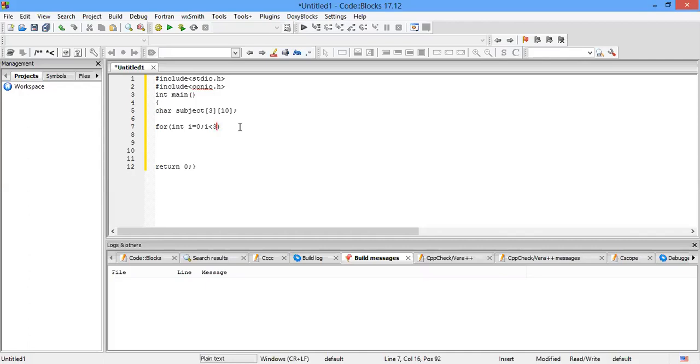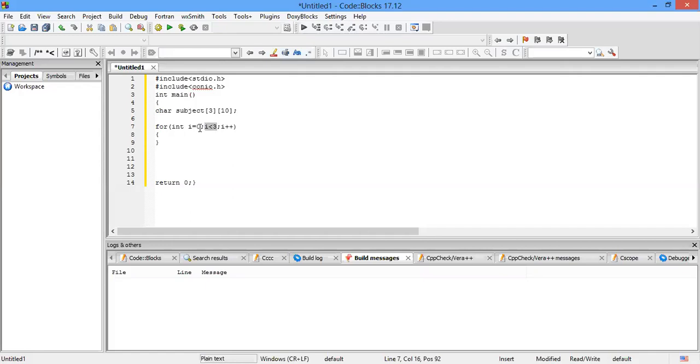Again, let me repeat. i equals 0, then i plus plus, that means i will be incremented, so i will be 1. Then again i plus plus, that means i equals 2. And then i plus plus, that means i equals 3. But 3 is less than 3, no, so the loop will exit. So total how many times will this loop execute? For i equals 0, for i equals 1 and for i equals 2, total 3 times.